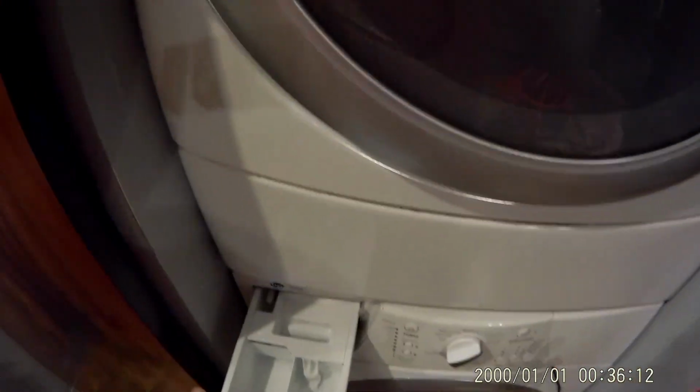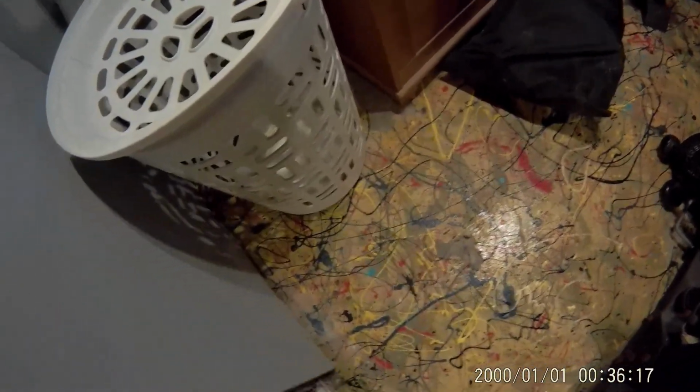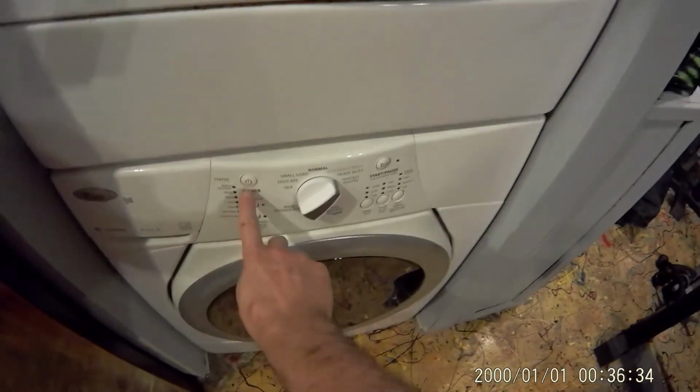So what we use to get the smell out is vinegar. So in the bleach area, you put a little bit of vinegar, and in the softener area, you put a little bit of vinegar. This washing machine is set up with an oxygenator, so we don't need to use detergent on our clothes, but we do on the pig's clothes. So, but very little, and the machine often gets stuck partially through the wash because you're not supposed to use that in the oxygenator. So you'll put it on,